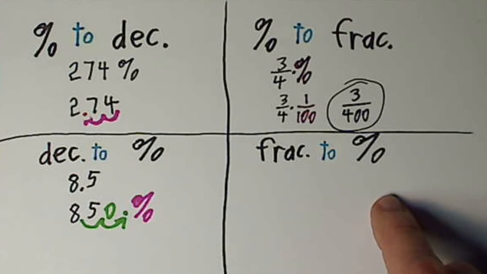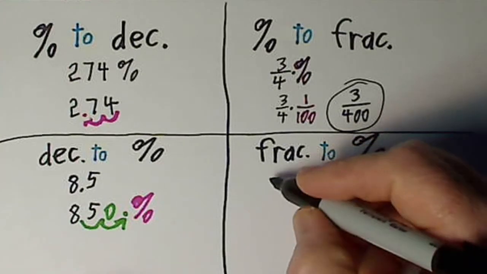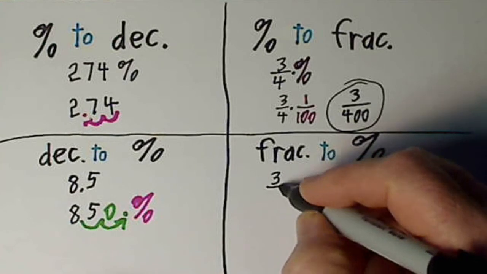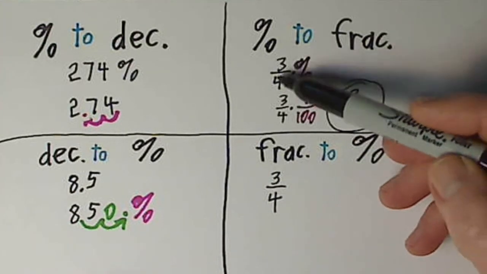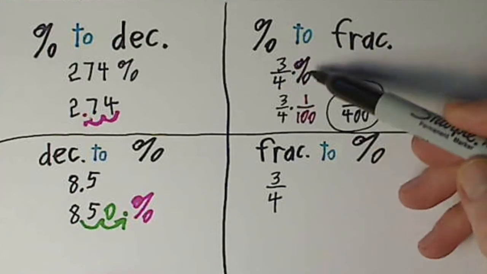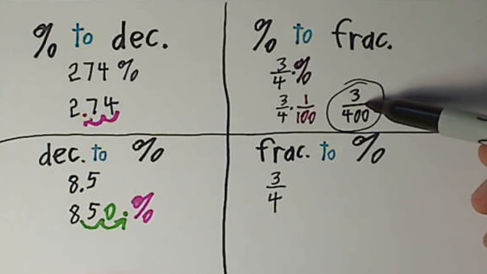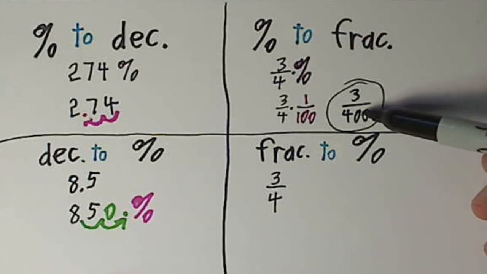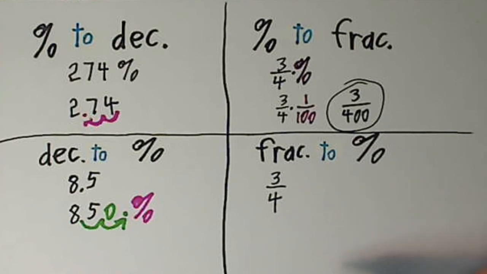maybe this is the one I was really thinking about at the beginning. If I have the fraction 3/4, notice I had 3/4% earlier, so that was a different animal. 3/4% is 3/400ths. But if you have just the fraction 3/4 and you want to change it to a percent,